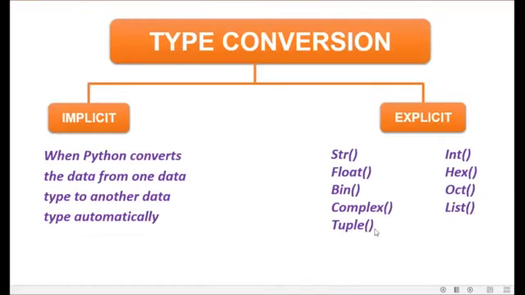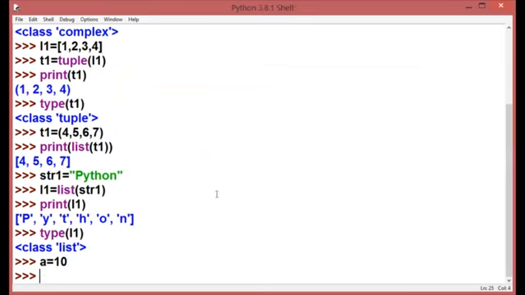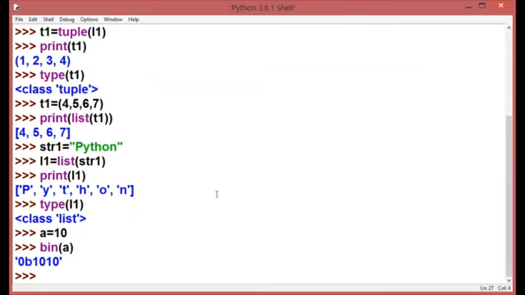Next, we can talk about hexadecimal number, octal number and binary number. Let's move on to the coding part. Now, I'm going to take one number. A is equal to 10. Now I'm going to convert it into a binary number. So the function for the binary number is bin. And I'm going to pass my variable a inside that. And I'll get the result as 0b1010. Now 0b is the indication that this is my binary number. And actually my binary number is 1010, which is 10.